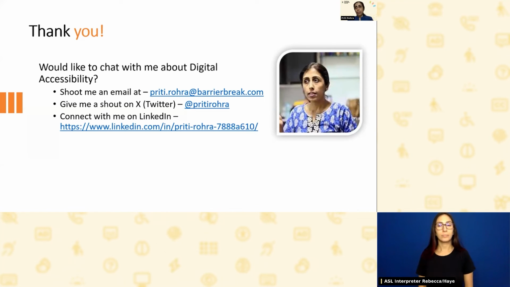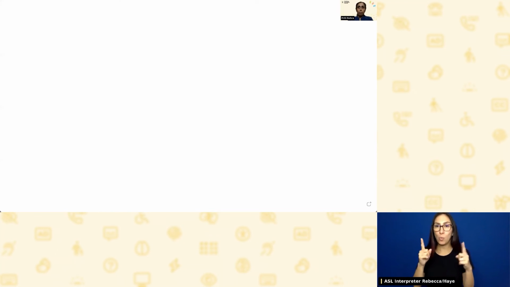Thanks, Deneb. So yes, in case of pop-ups, in case of modals, it is important to trap the focus inside. And if you are giving a close button, if your design includes a close button, then make sure it works with both the close button as well as the escape key. As far as the escape key is concerned, that's the main key that most users would use to close a pop-up or a modal.